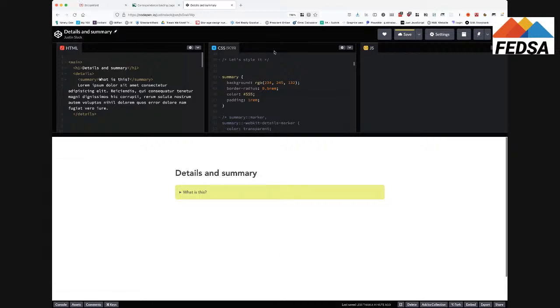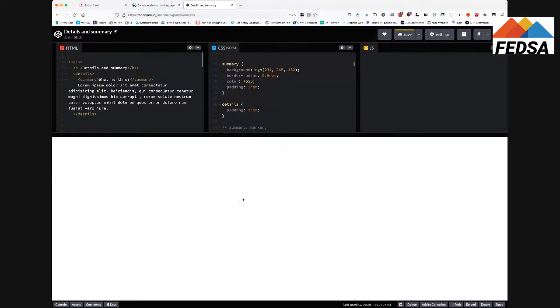But that's only affecting the summary. Okay. Within the details itself, we can say, okay, let's give that a bit of padding because it's a little bit too close. So we can say padding 2 rem, for example,